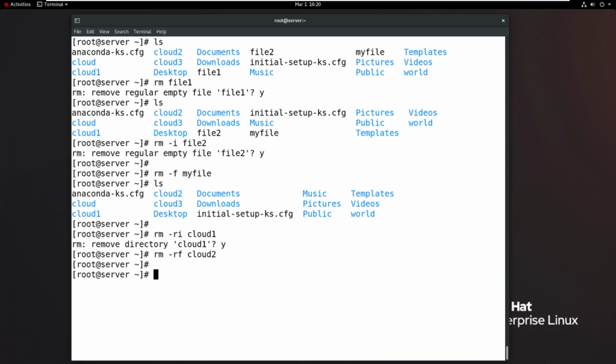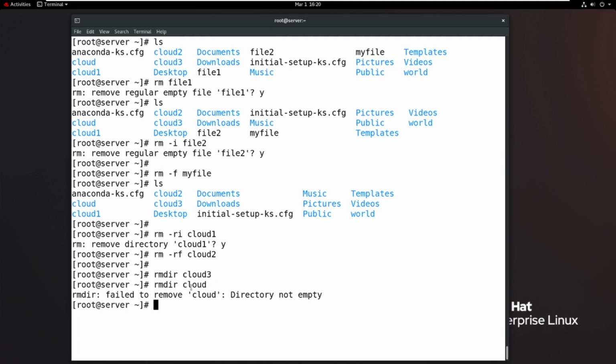And one more command is there: rmdir. But rmdir deletes only empty directories. I want to delete cloud3. Now enter. Cloud3 is successfully deleted because it is an empty directory. But now with rmdir, I want to delete cloud only. See, failed to remove cloud because the directory is not empty.